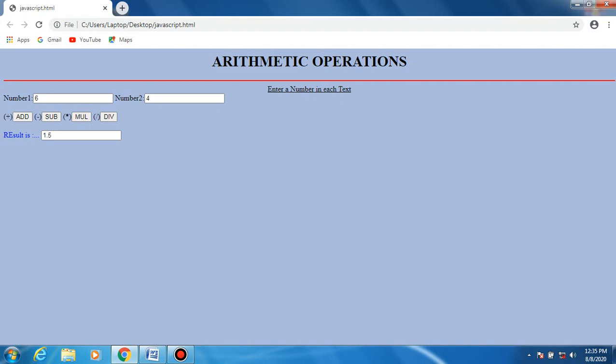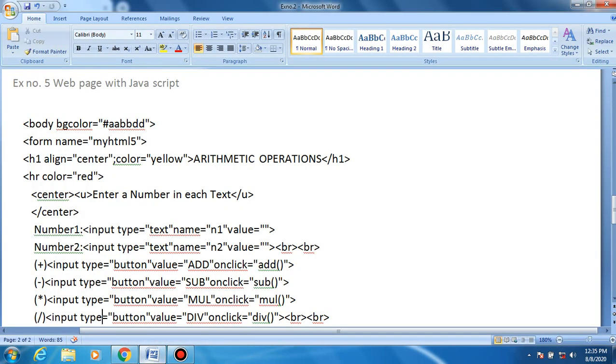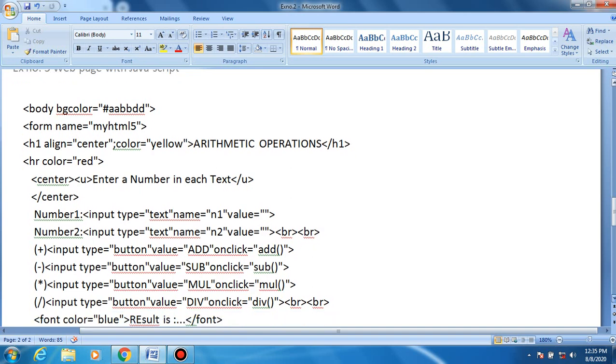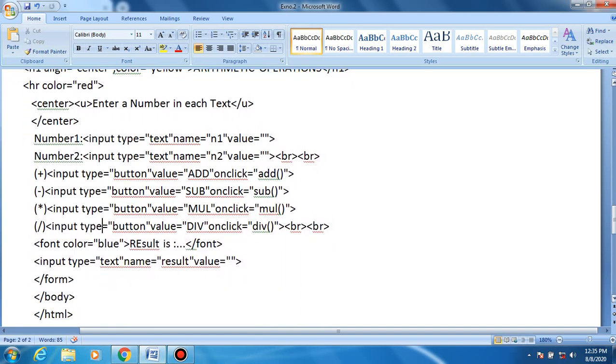It is written as arithmetic operations, right? And here the text names of the text boxes n1, number 1, number 2 and add, subtract, divide, and finally it comes to the end of this program.